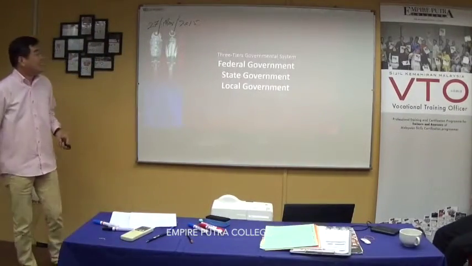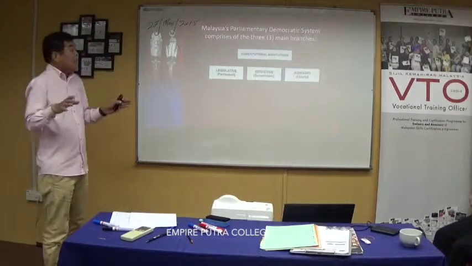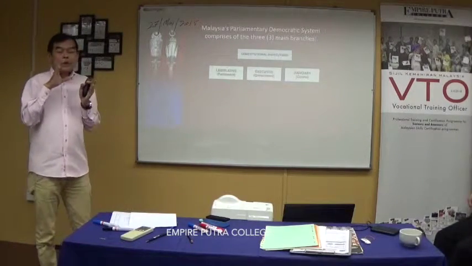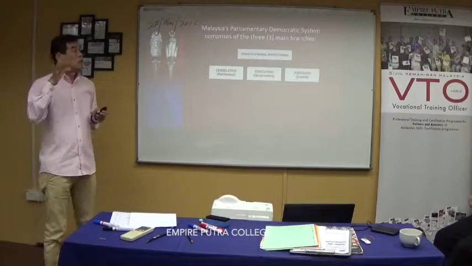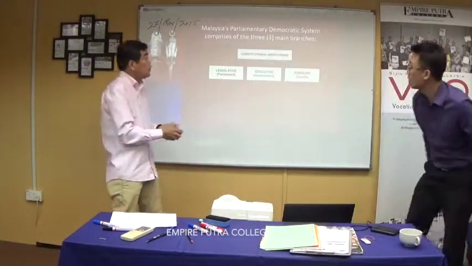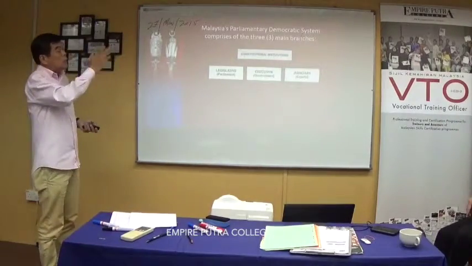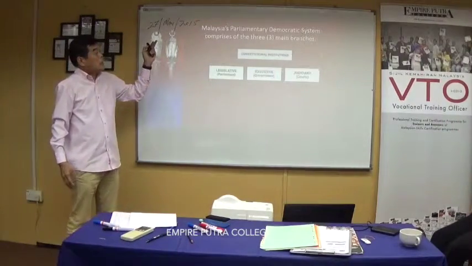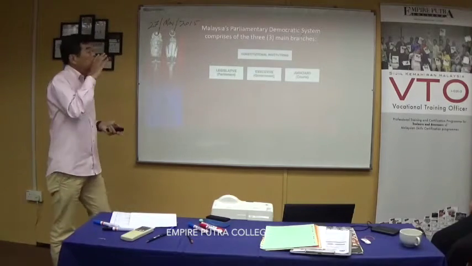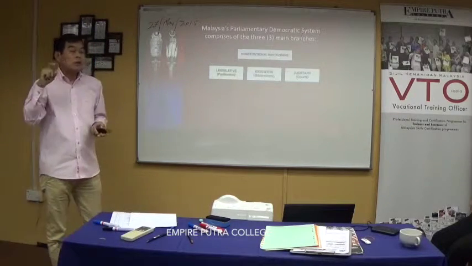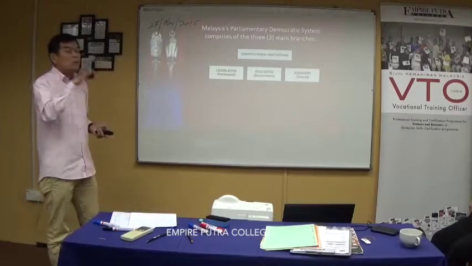Don't worry. Alright. Now, our democratic system comprises 3 branches. As you can see, our constitutional system, or what we call our constitution of the institution, comprises 3 branches: